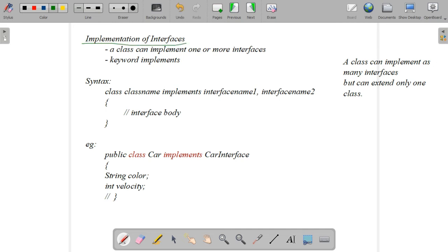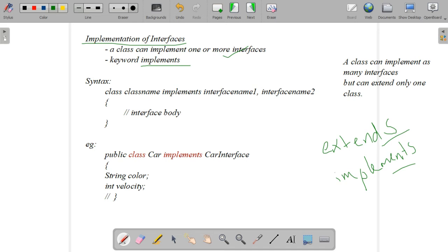So how to implement an interface? A class can implement one or more interfaces. The keyword implements is used. For class inheritance we use the keyword extends, isn't it? The same for interface is implements. Don't get confused and don't make a mistake on this: extends and implements.